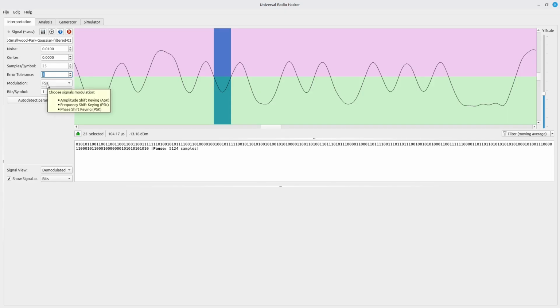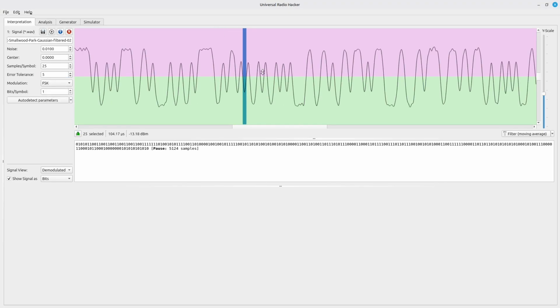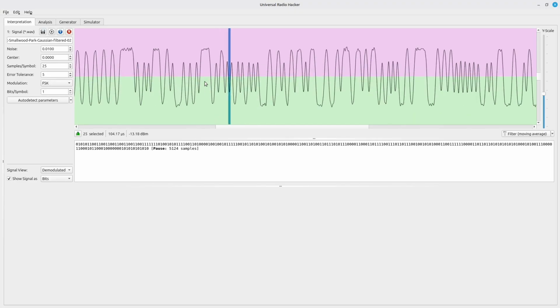Modulation is FSK. The modulation is actually Gaussian minimum shift keyed. The Gaussian part's actually not part of the modulation. That's the filtering, that Gaussian filtering that it uses. It's the reason why these impulses look nice and smooth and rounded off. The minimum shift keyed is actually a form of FSK in which your modulation index, that's the ratio between your symbol rate and how much the carrier deviates off of the center frequency when you're doing frequency modulation. Specifically, MSK means that you have a modulation index value of 0.5. Therefore, I'm just going to set it to FSK,